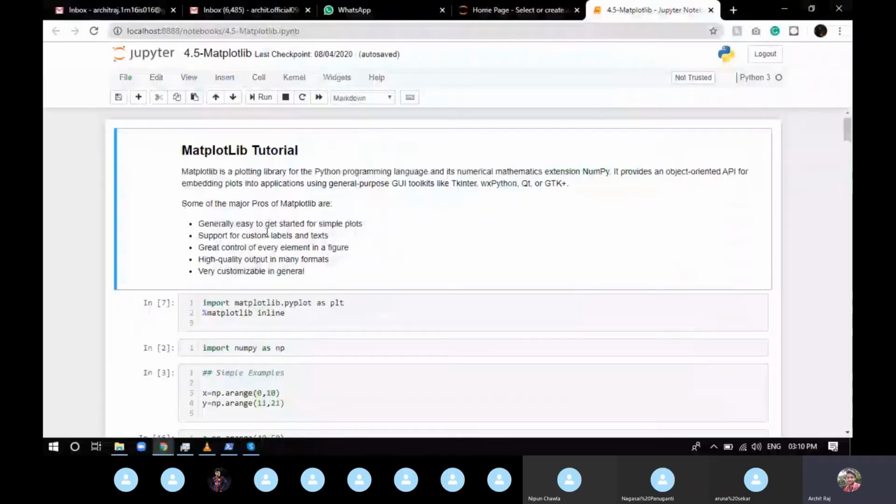We use this to make, as the name suggests, plots of any data that you have. As you know, grasping information from the data is easier when it's in visual format as compared to numerical format. So we can get the data and visualize it in a graphical format, in shapes like pie charts, bar charts, scatter plots, different plots which will give you insights into what the data suggests, instead of just going through each and every digit or number which is present.